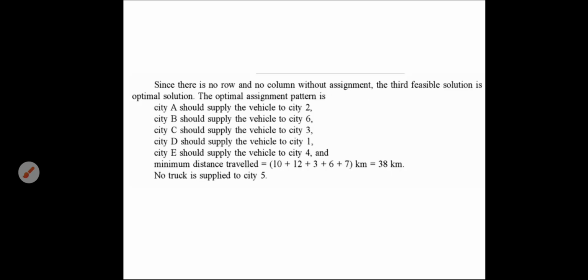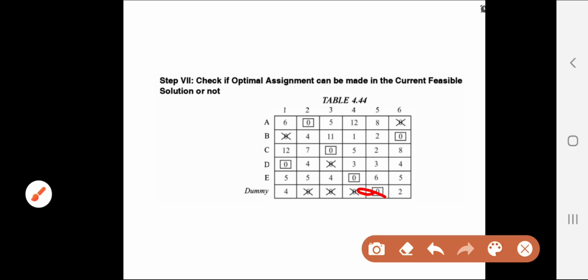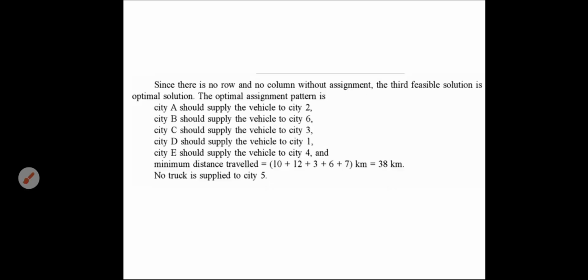And the values for 6 values. So you put the basic initial values for that particular cell. And this last value is dummy. This cell is dummy, so you need not consider the value here. Okay, and you can find the solution, so that there is no row and no column without assignment.